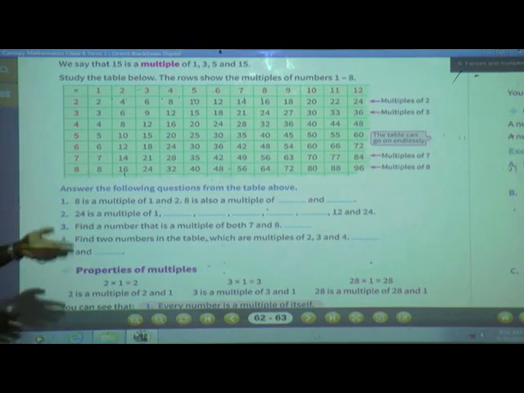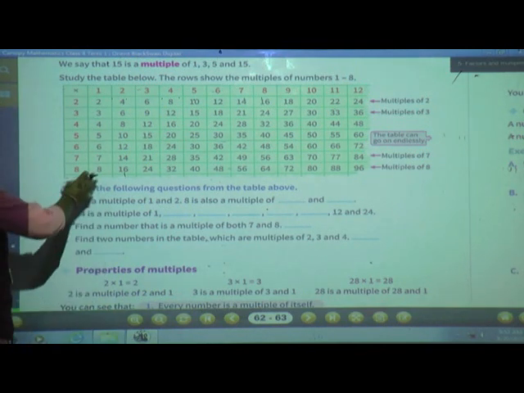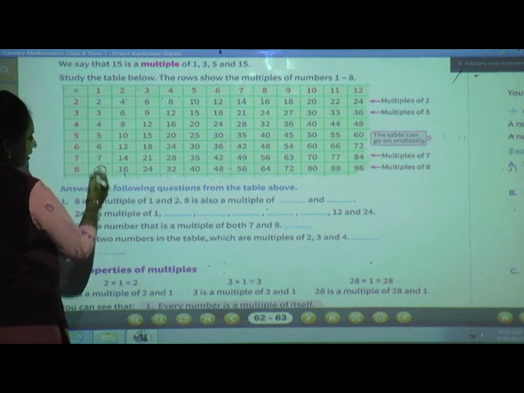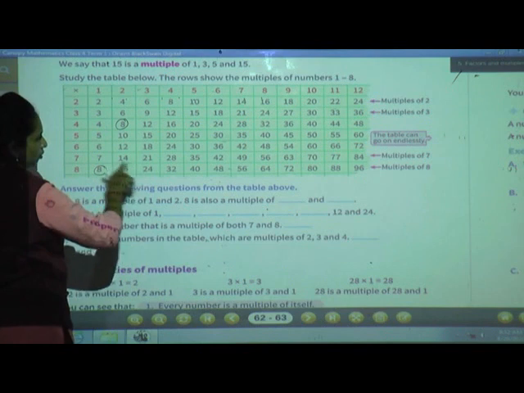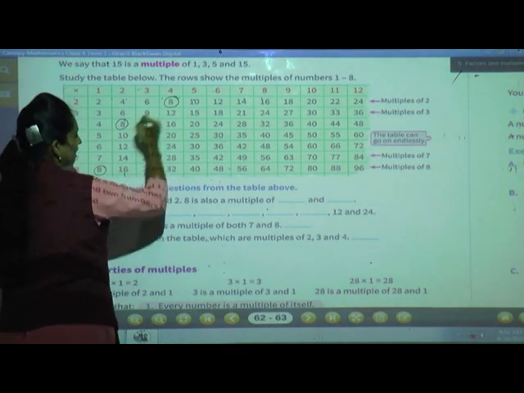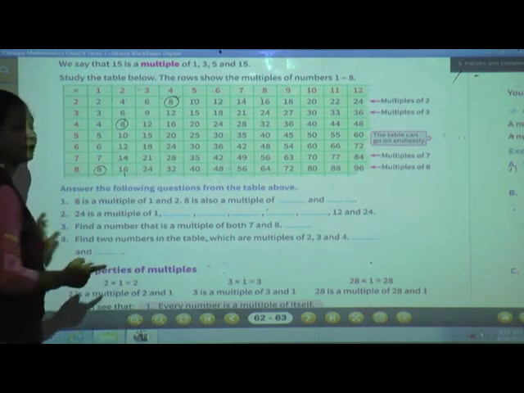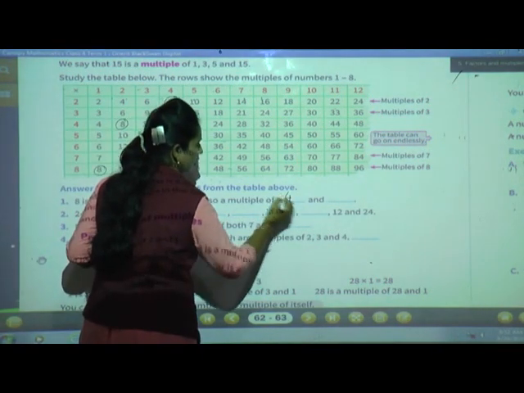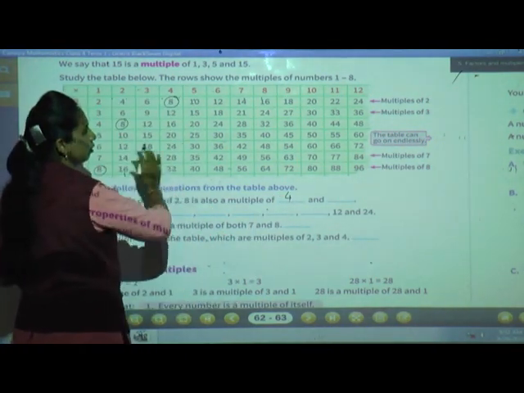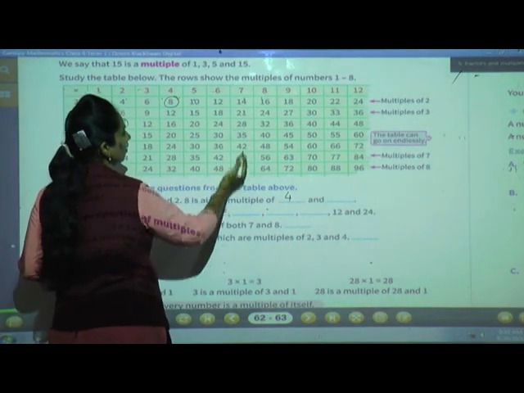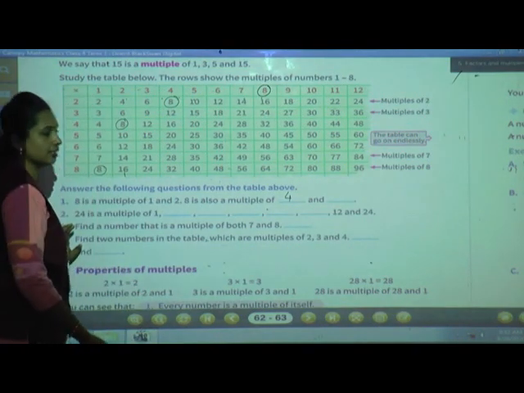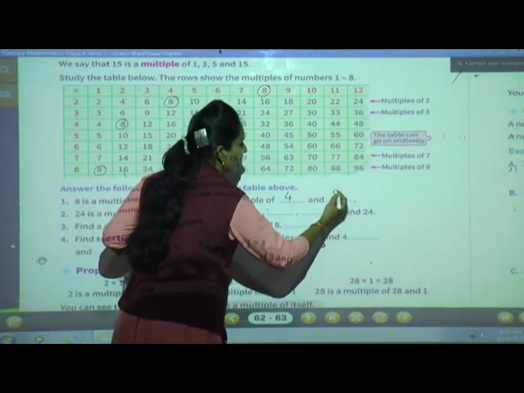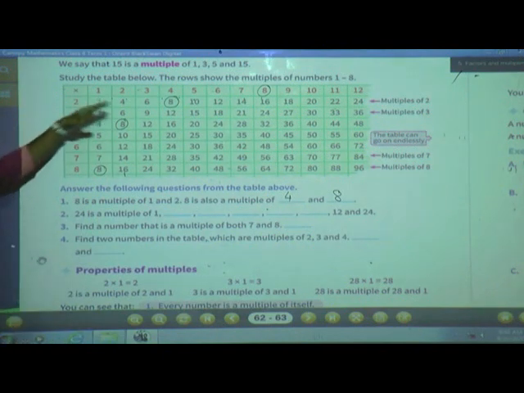So what you will do, you will just search where 8 is in the tables. In the 1 table it is there, they had given. In the 2 table also 8 is there. Okay, in the 3 table, no, it is not there. In the 4 table, yes, it is there. So 8 is a multiple of 4. Okay, and again in the 5 table, not there. 6 table, not there. 7, not there. 8, yes, 8 is there in the 8 table itself. So here what will come? 8.